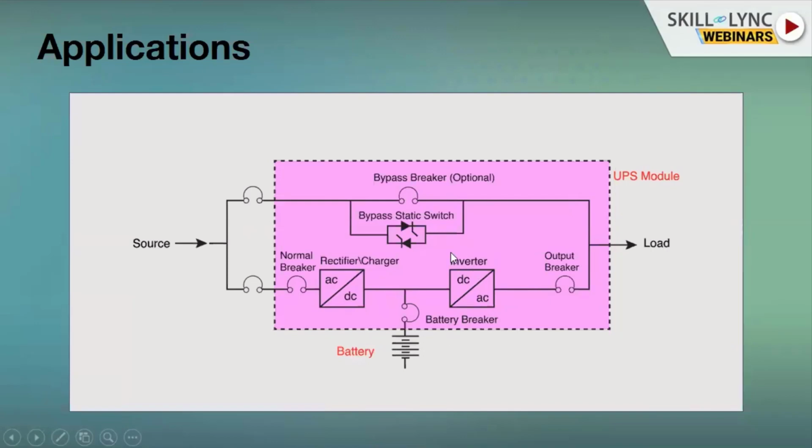Now this is the inverter concept which we are going to see now. Previously, it was being charged with the help of a rectifier, but when the power is restored, the whole utility will be taking care of the full load, and it will be charging the battery also. So there will be a battery which will be storing, where the output breaker will be open. When the source is fully on, the output breaker switch is in the off condition, because only the source will be supplying the power to the load, and it will be supplying power to the battery. The battery would not be supplying. Both the source and the battery cannot supply at the same time. So the output breaker would be in the off condition.